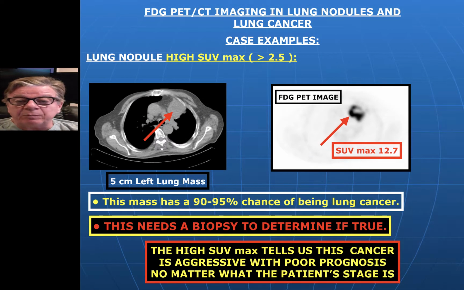But in addition, as I've said, we get more information. The fact that this has a high SUV max tells us, on the other hand, that this is a very aggressive cancer with a poor prognosis, no matter what this patient's stage is. So, for example, if this patient actually turns out to have operable cancer, there's been no spread and so on, regardless, this is a poor prognosis. So the physicians immediately know they need to use more aggressive therapy in this particular patient to improve their chances